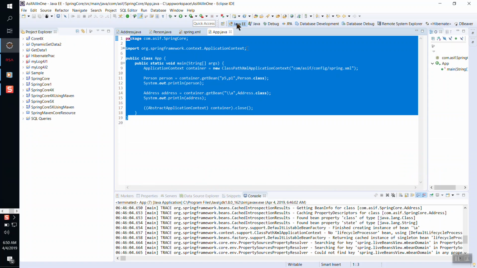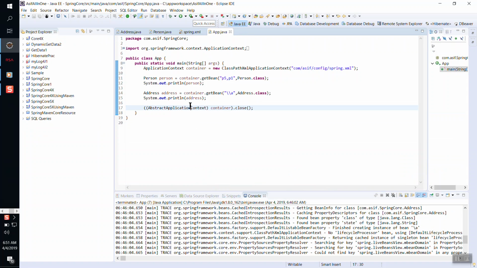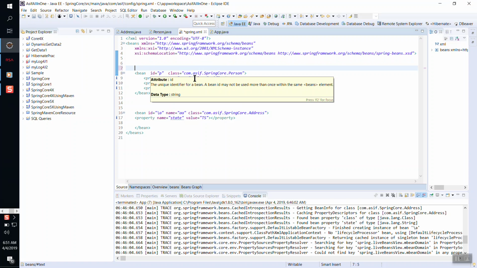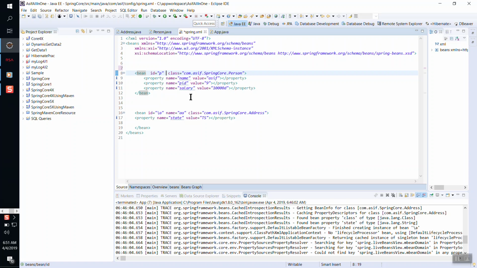Okay, in the last session we were talking about alias names, and we discussed it as an element as well as an attribute. As an attribute, what we used to do is make use of the name attribute and give multiple names